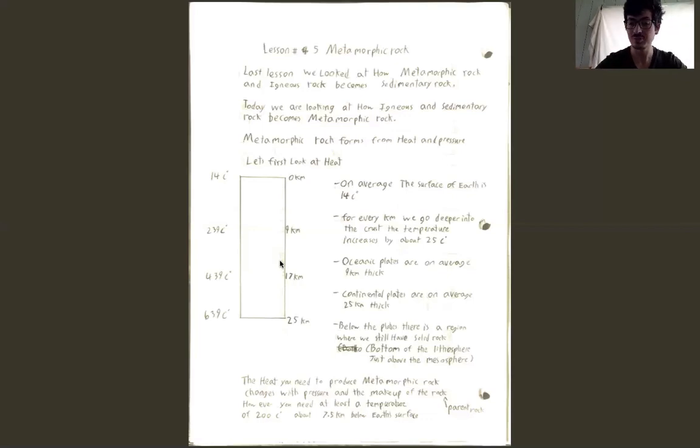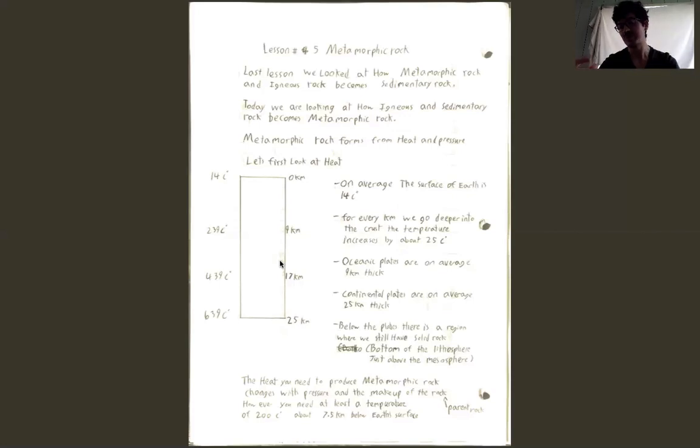So to produce metamorphic rock, we need to have a minimum heat of at least 200 degrees Celsius. If we don't meet this heat, we won't be able to produce metamorphic rock. And this temperature can change a little bit depending on how much pressure we have. If we have a lot of pressure, we don't need as much heat, but generally you need at least 200 degrees Celsius. And there's a diagram that I attached